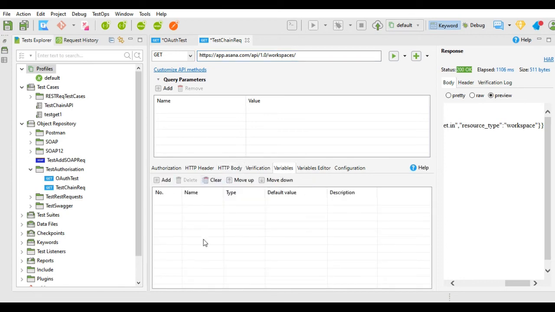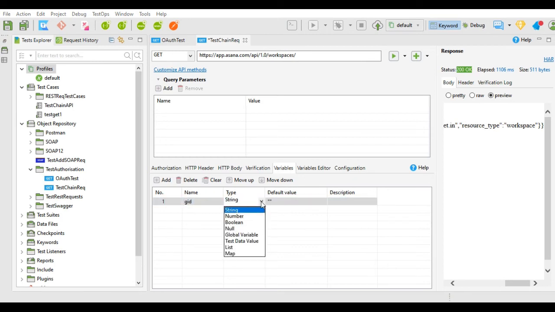I will add a new local variable for this, and I will give the name to this variable as gid again. But here in this variable I am going to pass a global variable value from the gid, global variable dot gid.